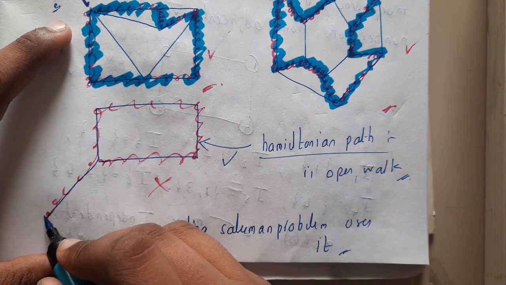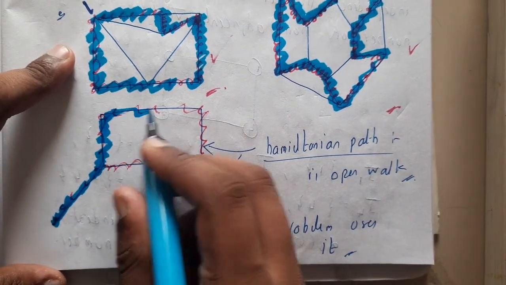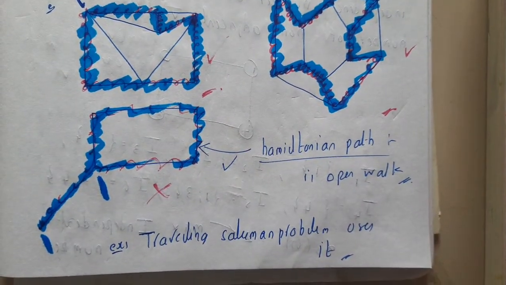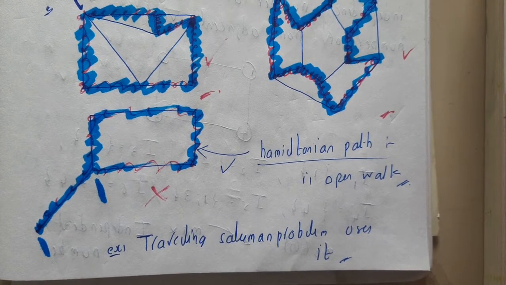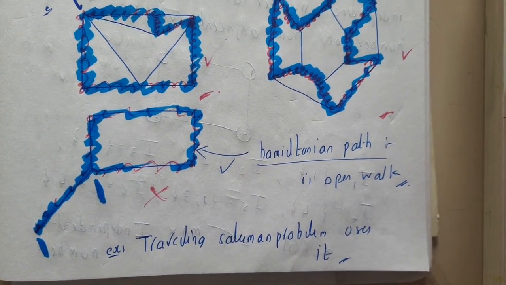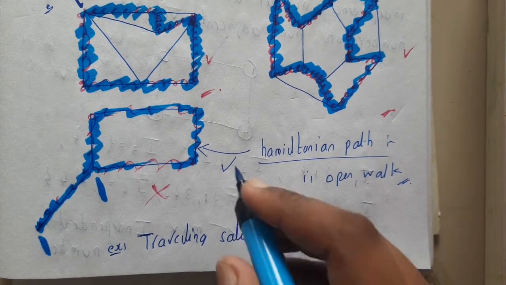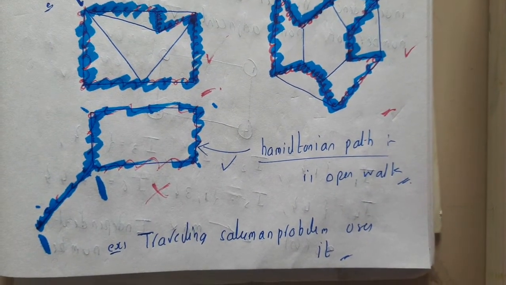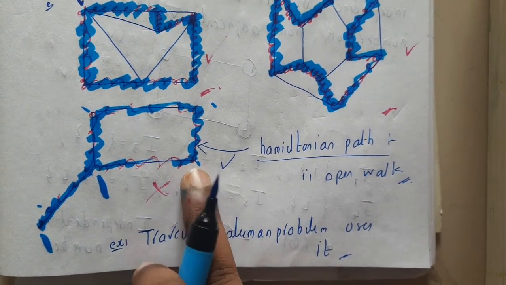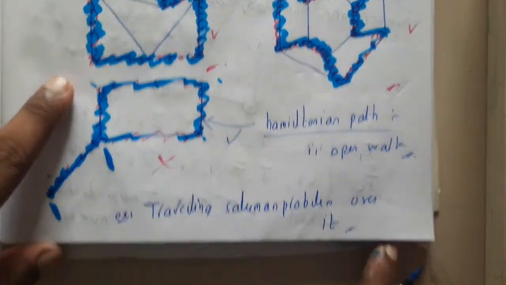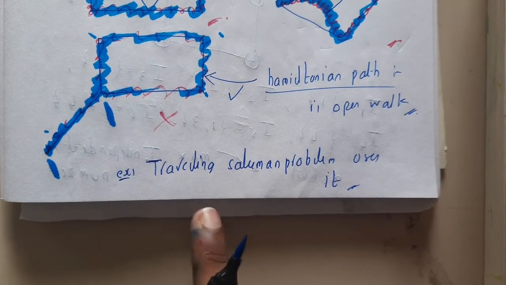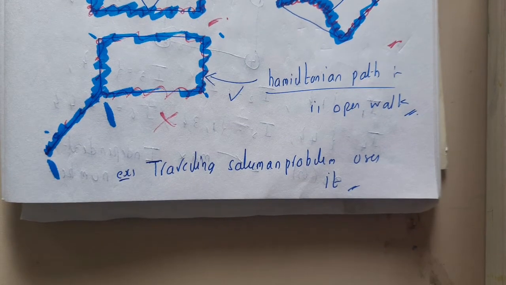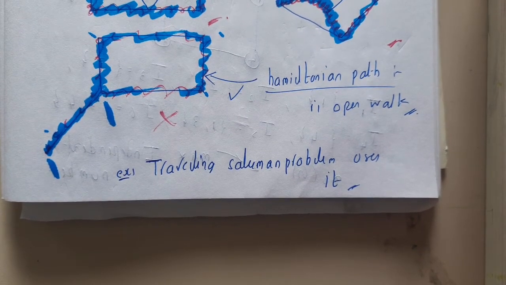So assume that you started here. Okay, we started here but we ended here. Hence, this is not a Hamiltonian graph, and it is not a Hamiltonian circuit, but it is a Hamiltonian path, guys, because it is visiting each and every vertex exactly once, even though it is not ending at the same starting point. Hence, it is called a Hamiltonian path. The best and most interesting problem for this particular chapter will be the traveling salesman problem, guys. I hope everyone got a clear idea about Hamiltonian circuit, Hamiltonian graph and Hamiltonian path.